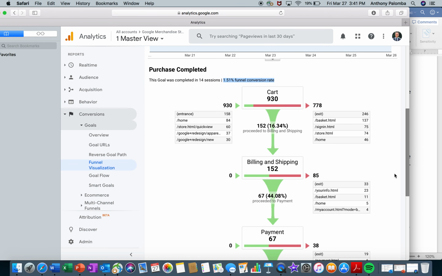Okay, so here we have people who get to the cart, right? So these are the ways in which they've gotten to the cart. We can see Google Redesign New. We see apparel, men, so people are placing these products in their carts, literally. Men's sweaters and jeans and shoes or whatever else the Google Store is selling goes into the cart. But